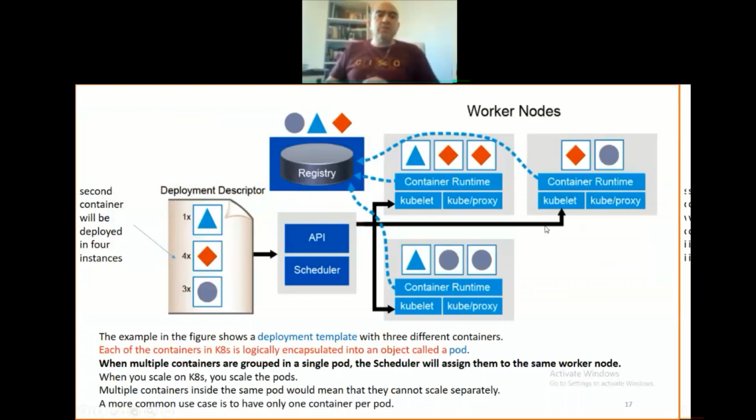Here in this example, we are seeing this deployment descriptor that I talked about. It is a YAML file that you are going to use to write what you would like to have inside your cluster. You would like to have three applications, three containers. These three containers, container one, container two, container three, are making your application, and you decide to have